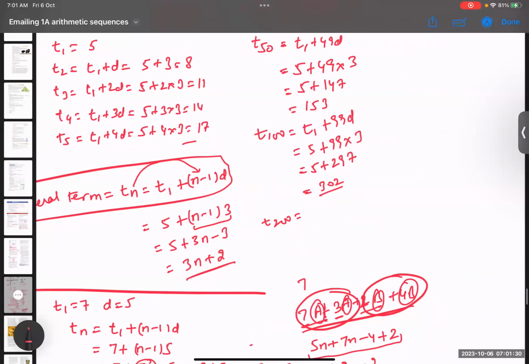So the first term is 5, and the common difference is 3, right? First term 5, common difference 3. So the general term is T200. First term is 5, and